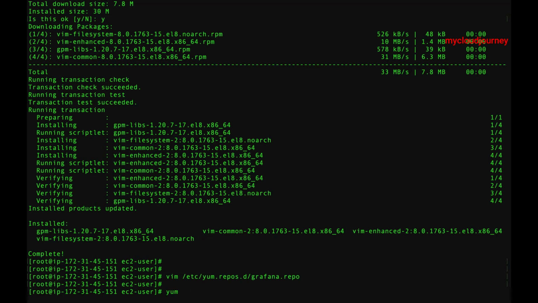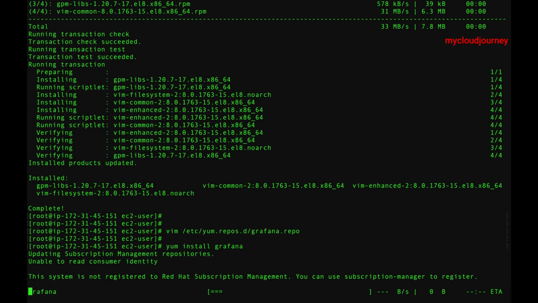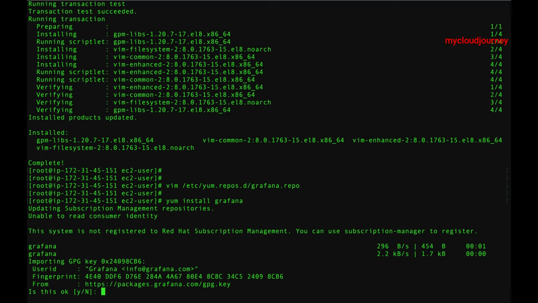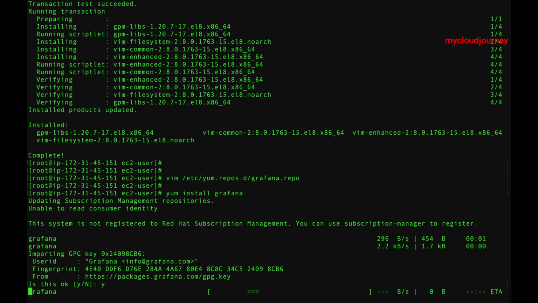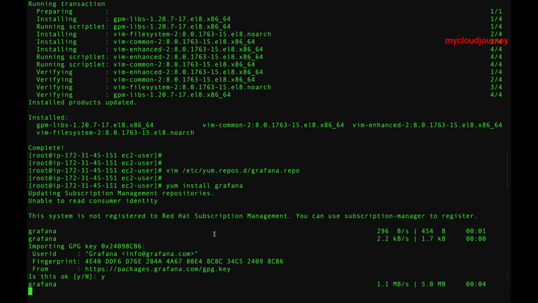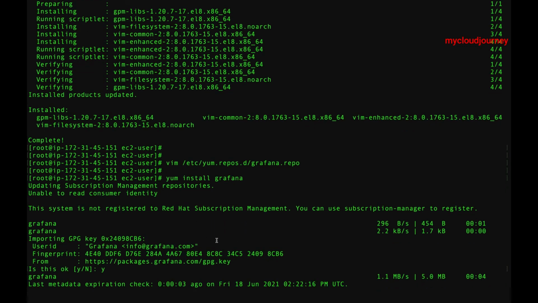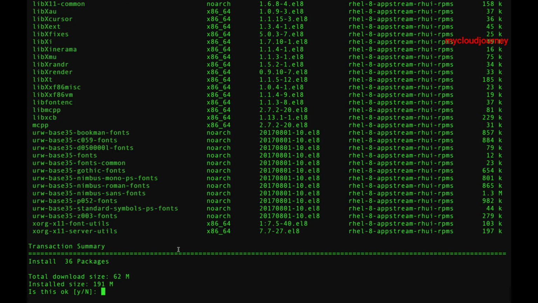Now execute the command yum install grafana. This will install Grafana. It will get all the Grafana dependencies and the Grafana package from the RHEL repository.